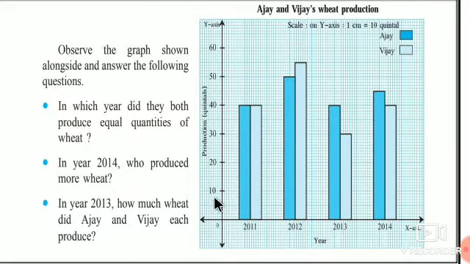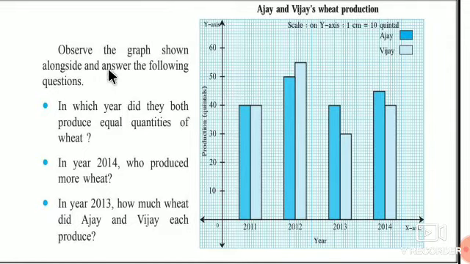And now what is the scale given here? Scale on y-axis: 1 centimeter means 1 unit. This is the 1 centimeter. So 1 centimeter is equal to 10 quintals. This is the scale. So this is the point O, and from here the scale starts. So this is 0 also. You can write here O and you can write here 0. So this is 0, 10, 20, 30, 40, 50, 60. Each one unit or 1 centimeter shows 10 quintals.